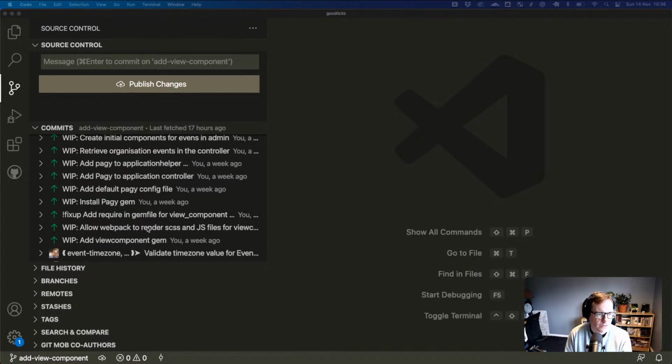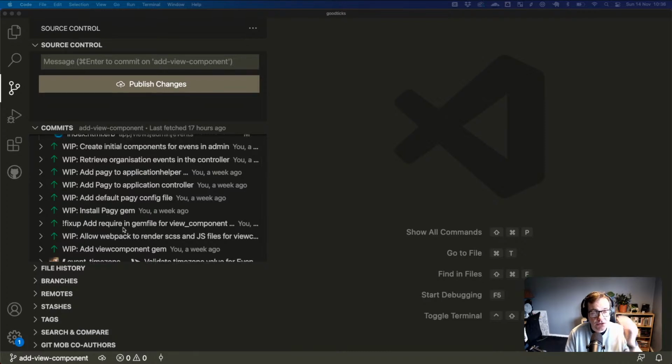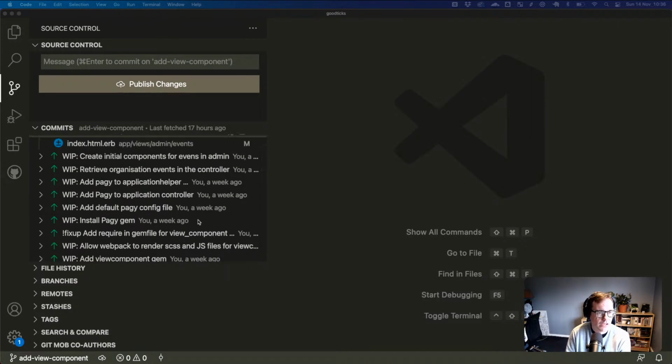We did something to do with Webpack. Yep, we bumped into that issue. Thank you very much to the people on the ViewComponent issue that I commented on for responding. I don't know if they'll ever see this. All super thoughtful and lovely as usual. That's a cool gem that I wish I had time to contribute more to.